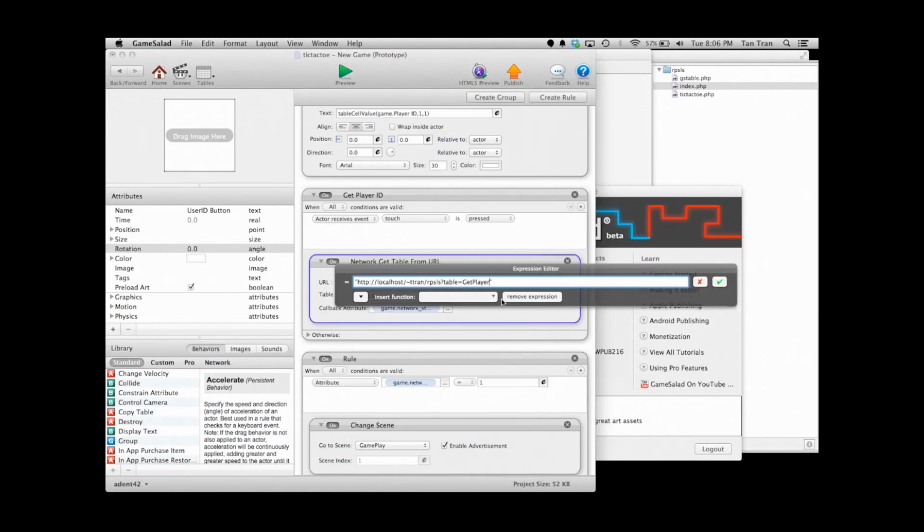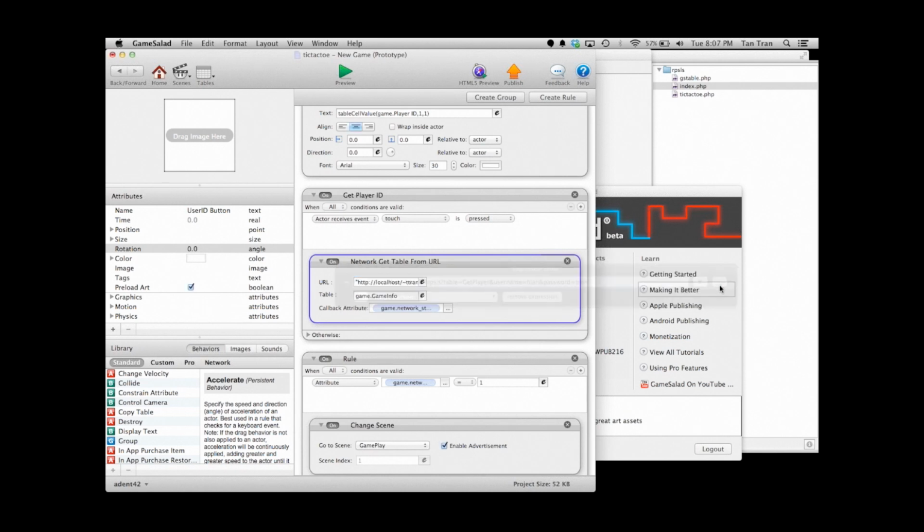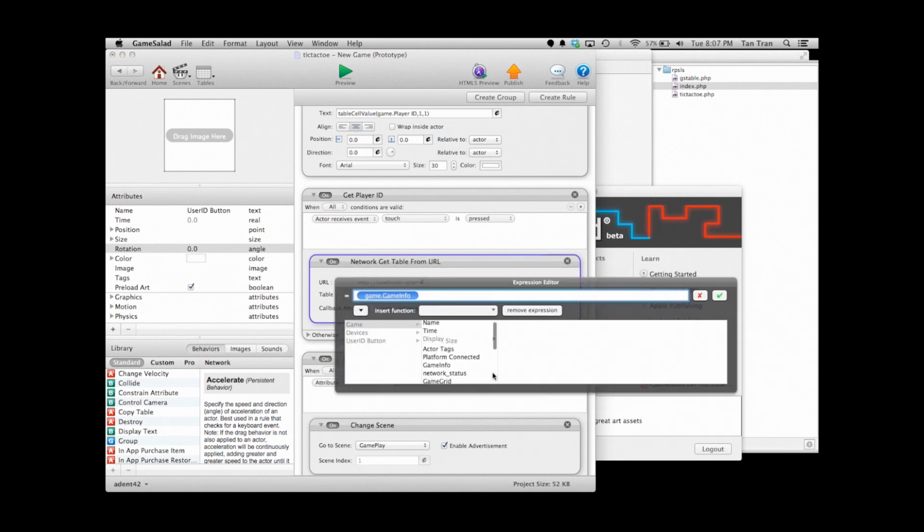get player, username equals blah, and password equals blah. We'll probably want an ability to get a table on post for this one. Possibly, yeah, because you don't want the passwords to be set in the string. So this one we now want to set the game. Although from what I understand,